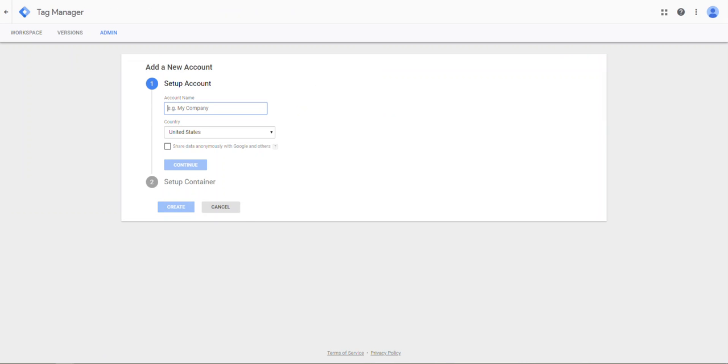Okay, so this is my company name, so I'm actually going to use the same as I used. I'm going to say demo tracking, let's say, and the country that you're in, and you're going to share data anonymously or not, that's up to you. And now we're going to continue. So we just create an account, very generic name. You can have a number of containers to this account, so I wouldn't necessarily tie it directly to your one domain. That will be for your container. So we continue,